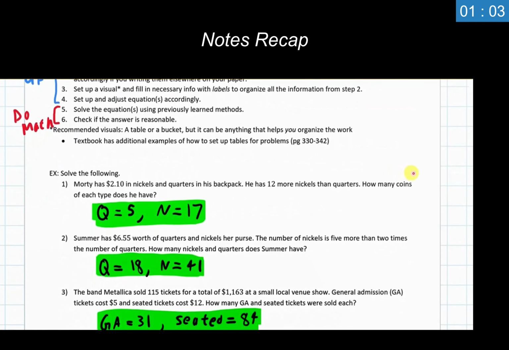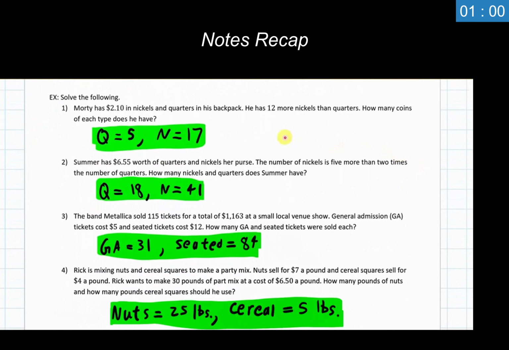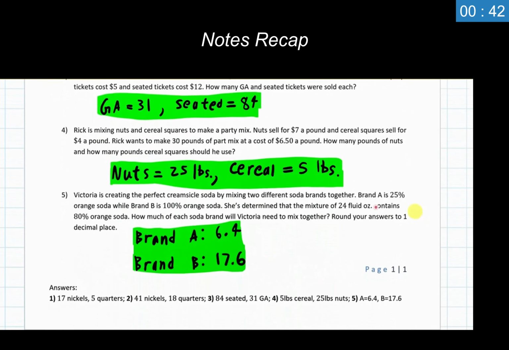Remember that with our first 3 problems, we are only multiplying the amount and the value together for the 2 things mixing. The result, we are only using the value because we only have a total value that's presented to us. For examples 4 and 5, we've been given a rate that we are working with and a percent that we are working with. So for rates and percentages, the resulting bucket or the resulting column in a table, the amount and the rate or concentration multiplies together for these 2 types of problems.